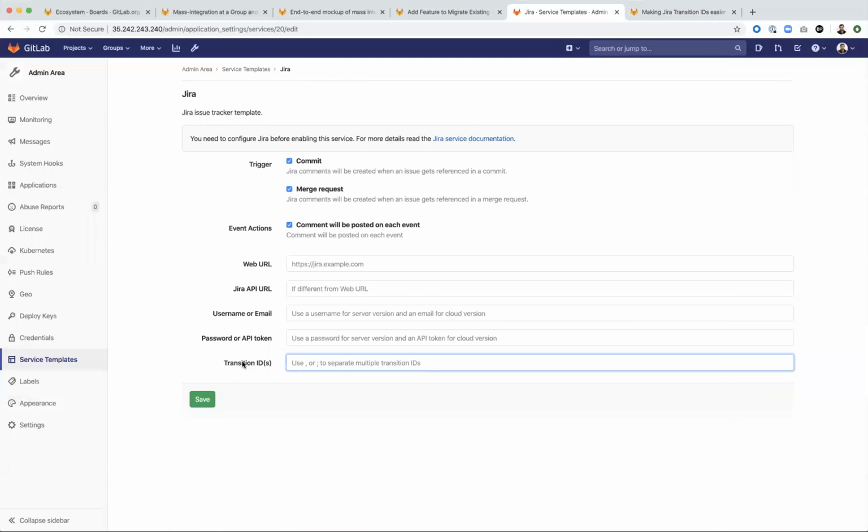So to give you all a quick summary of what a transition ID is, or what this integration does, imagine that you are using Jira for all your project management, and you're using the Kanban board functionality, and you have some issues that are in backlog, some are in development, and some are maybe already in the closed column. So what you could do with our GitLab Jira integration is you could say